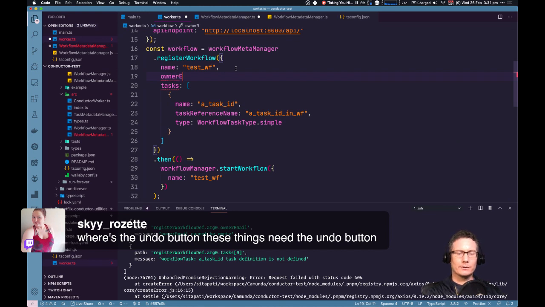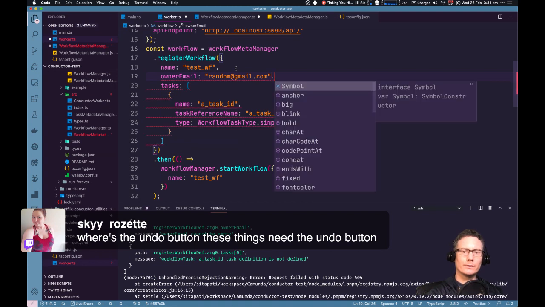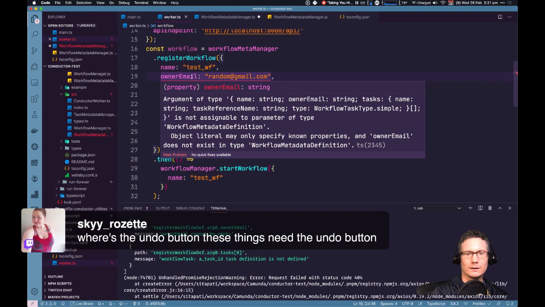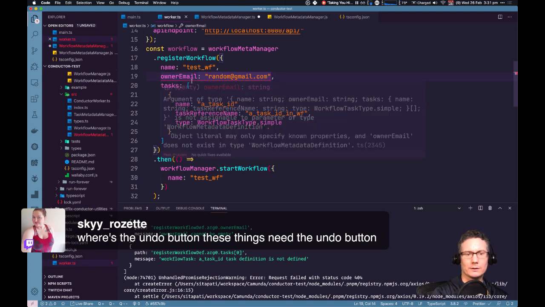Owner email random at gmail.com. Save that. Why doesn't it like that? Oh dude, strict typing and it's not even on there.